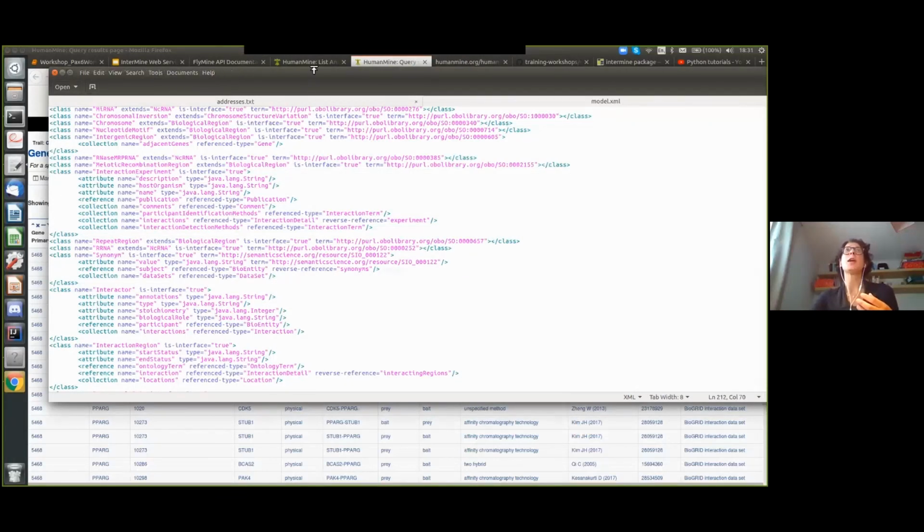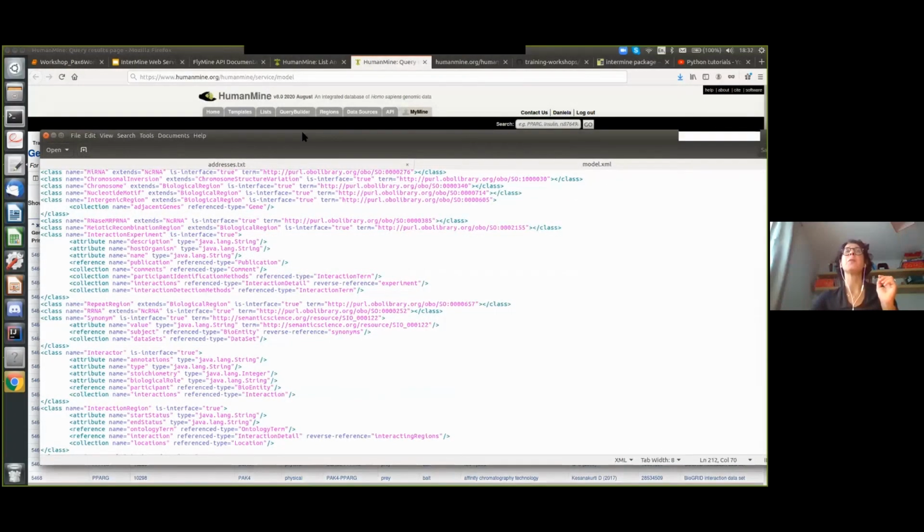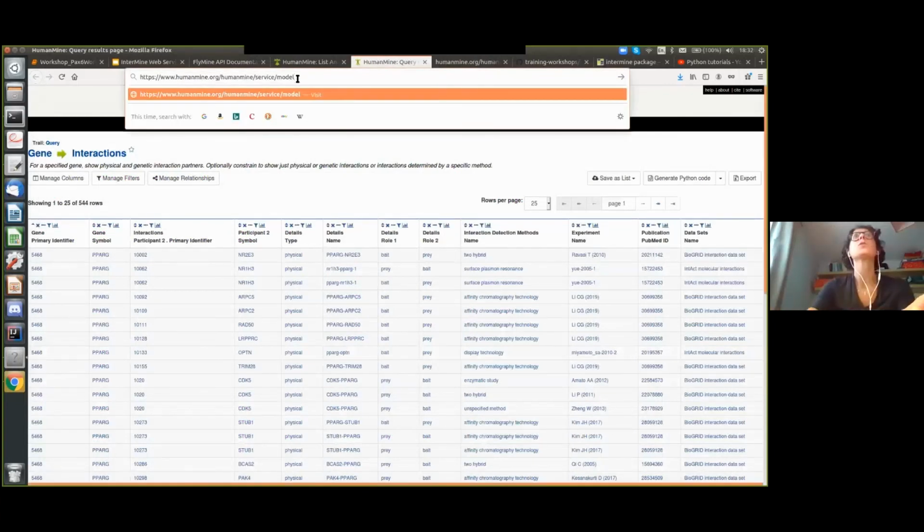So when you run the service model web service, you have to return the model which has been used to create that particular mine instance. And then we have, I'm not sure if I was able to answer your question, but we have